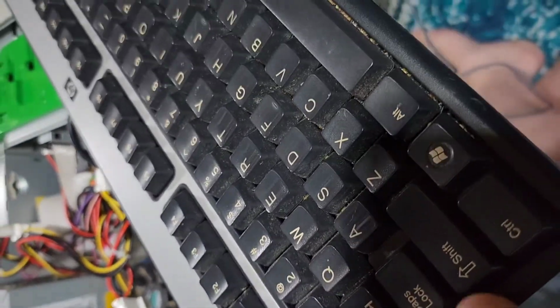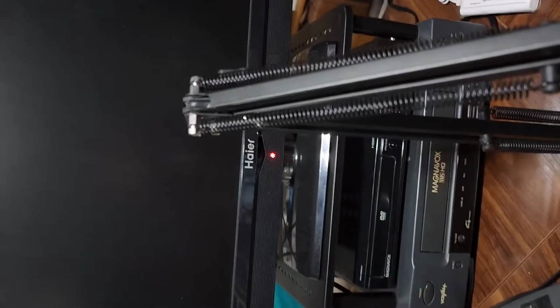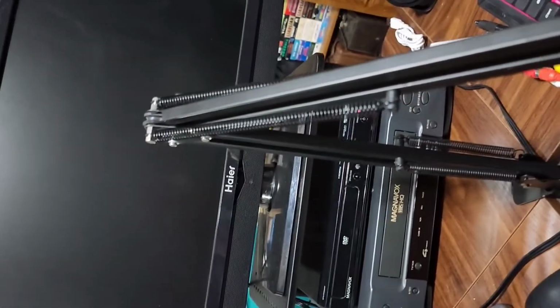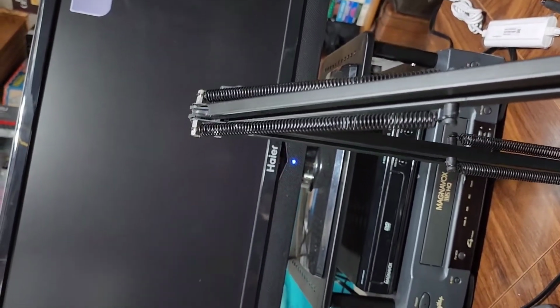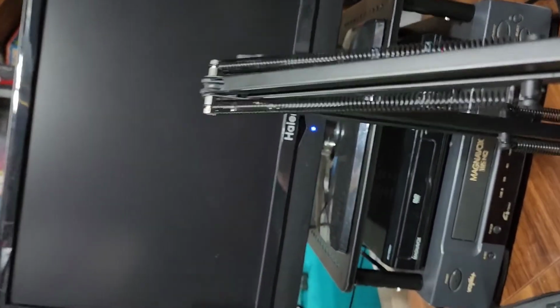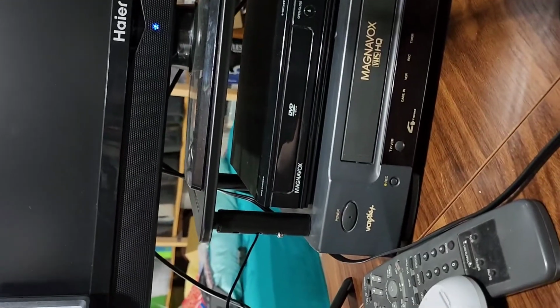Found an old grungy PS2 keyboard. I don't have a PS2 mouse, I have a USB, so I'm hoping that'll work, and I've got it hooked up here to a spare monitor at my desk, so we're going to go ahead and just turn the system on and see with what components are left in it, if this thing still fires up, and if it even boots. So I'm going to go ahead and hit the button here,